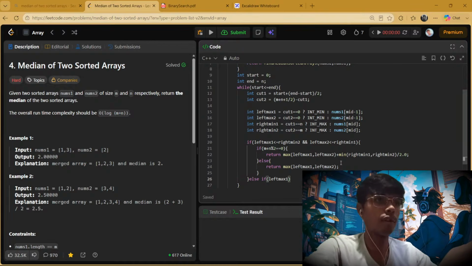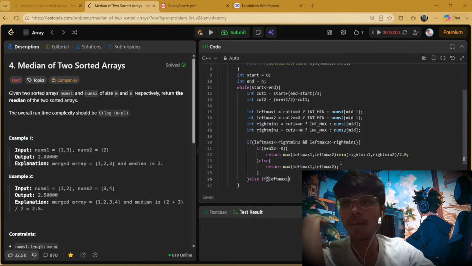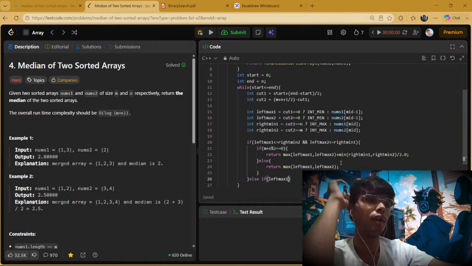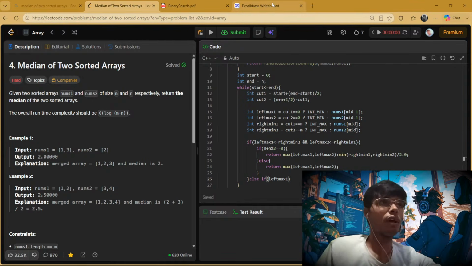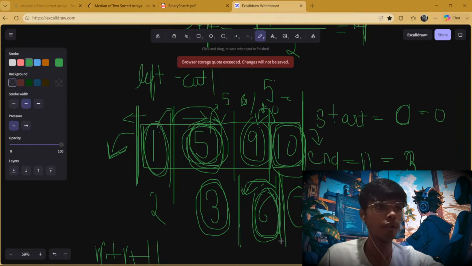Another possibility is that this will not satisfy the equation. As this does not satisfy the equation, either of these will happen. What I observe here is if I put the cut here and I take these elements to be in this array, what I have seen is that if left max 1 is smaller than right min 2, there is no problem. But